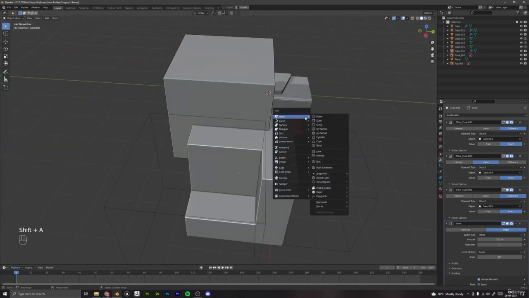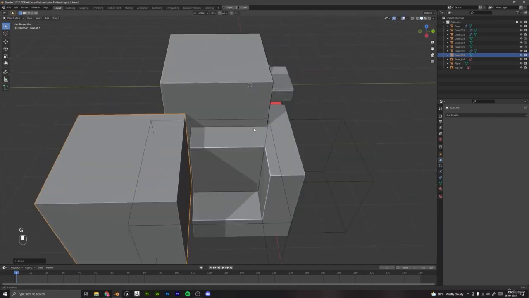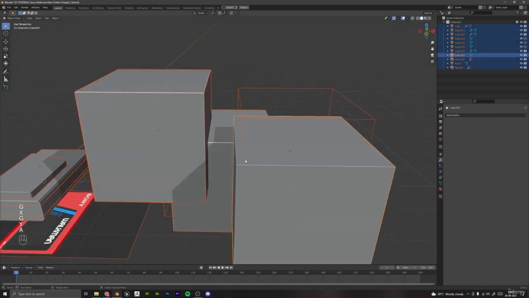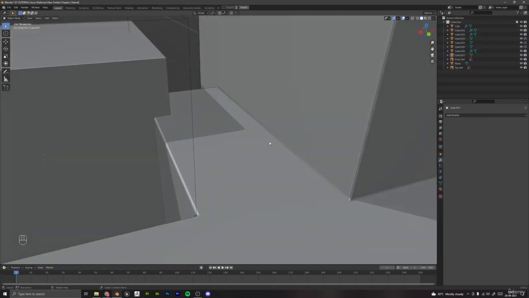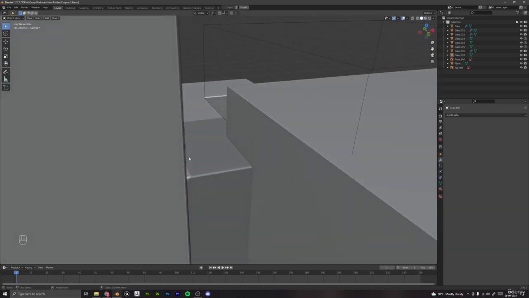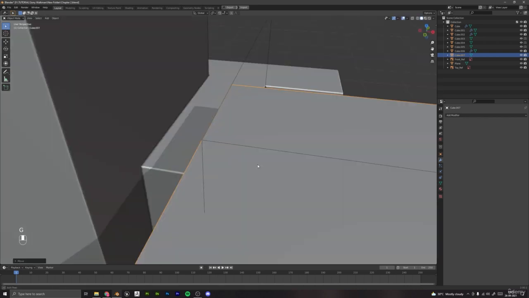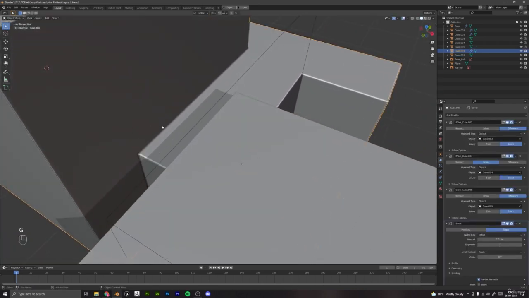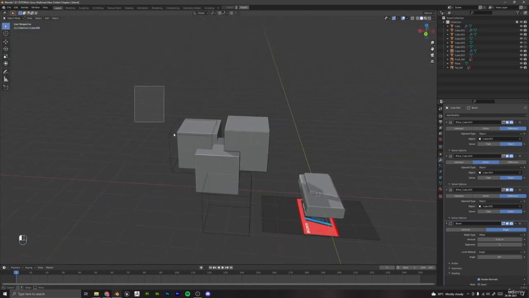If I add another cube and I simply put it here, you can clearly see the difference between these two. These two edges are properly blending into each other, but this one looks very unnatural. And if you move this one, you can clearly see this is blending very properly into this one, because we use the union operation. So now let's delete all of this,